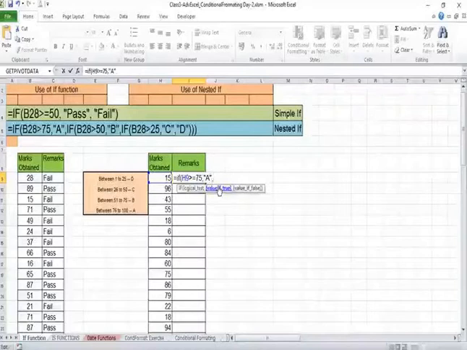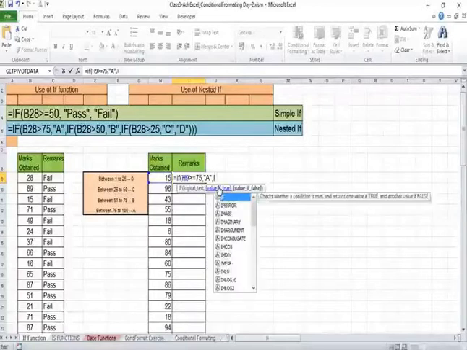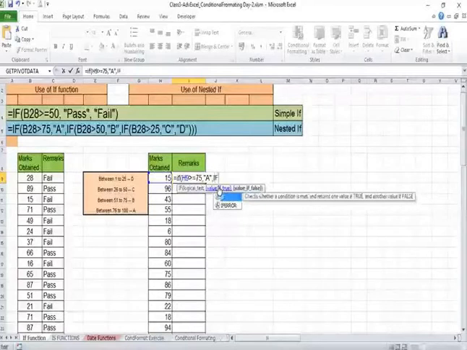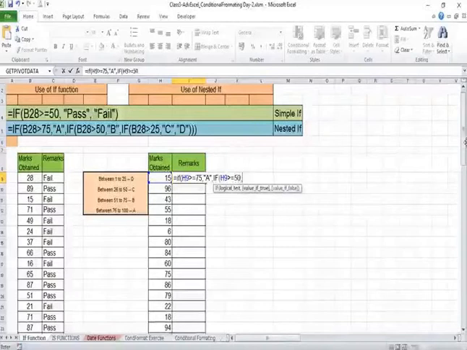if we write some other grade, then this if will be terminated. So we don't have to terminate this if. So we will start another if here. That's the practice of nesting. So we will write if, again we will open another bracket and we will click this cell once again to check another condition. If it is greater than or equal to 50. So if it is so, we will grade it B.